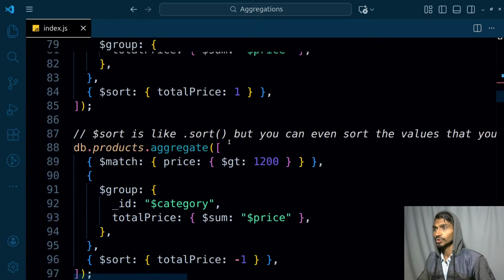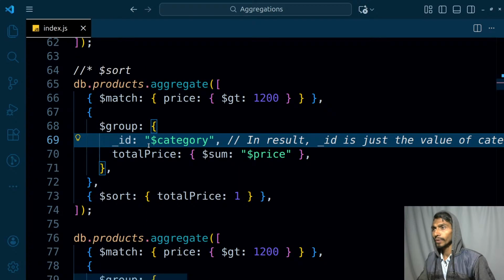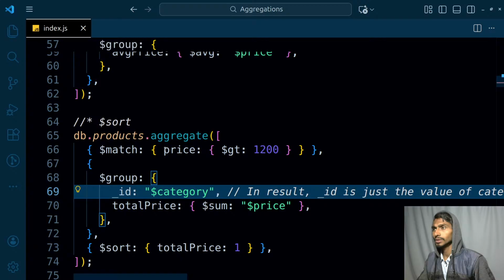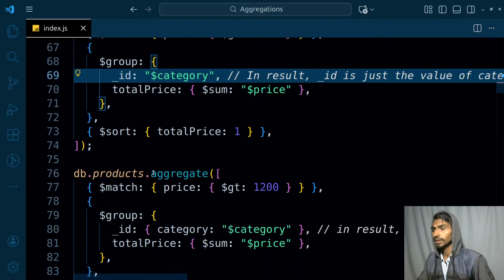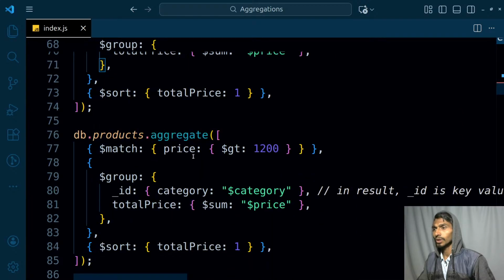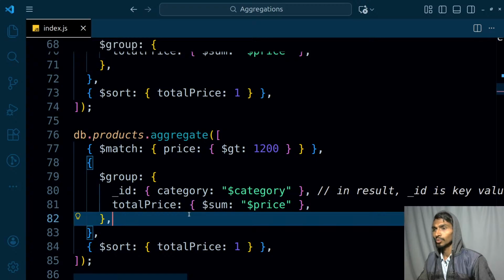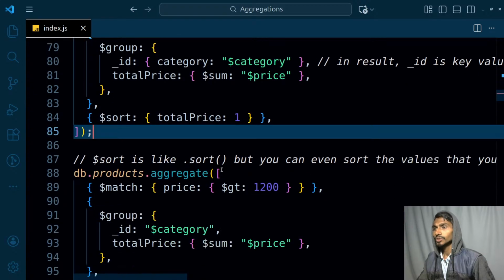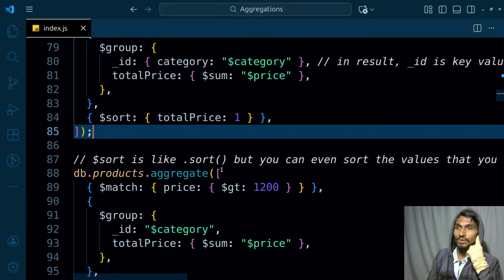Even I have learned about this sort and all. Do I need to have this thing over here? $category in result. Okay, sort. This was something that I was running here. After that, $match price greater than, then category wise, both the things need to be here. That's fine. Sort is like sort, but you can even sort the values that